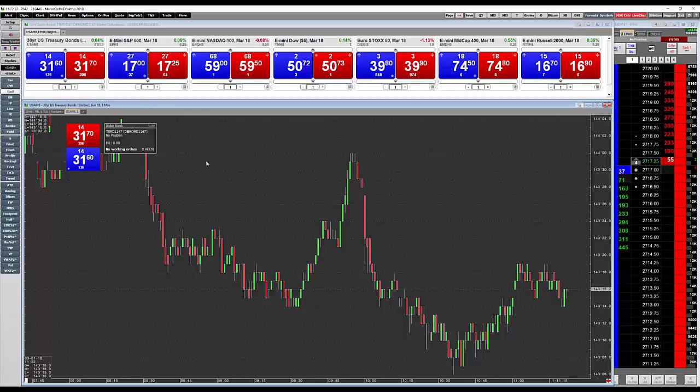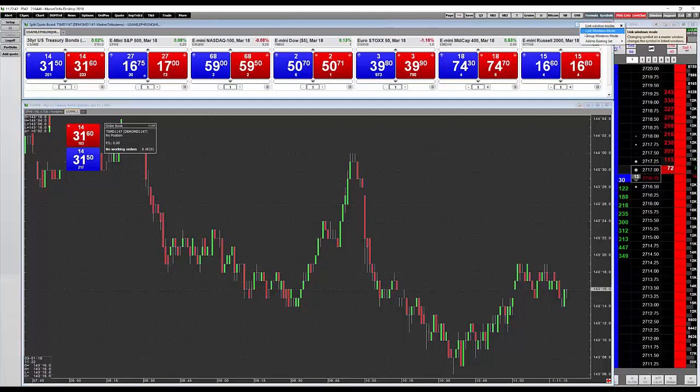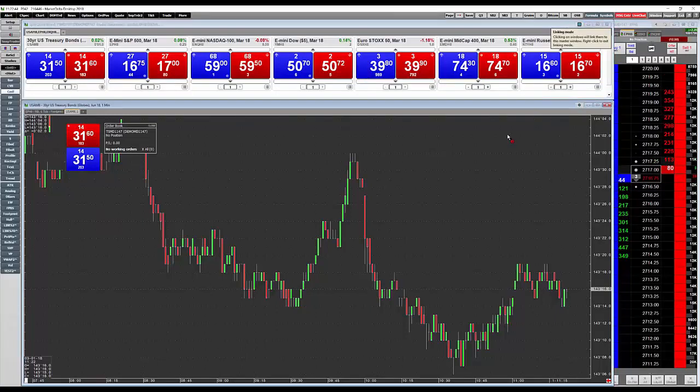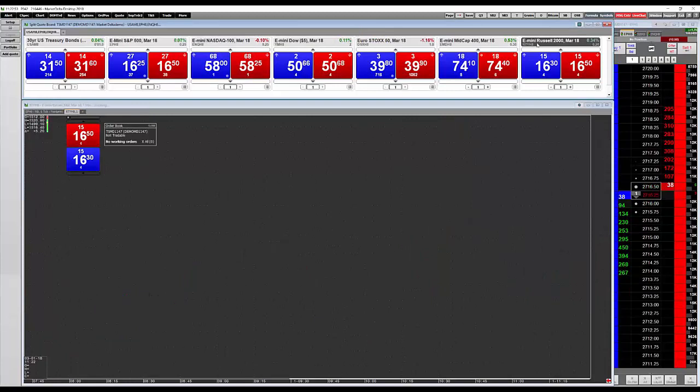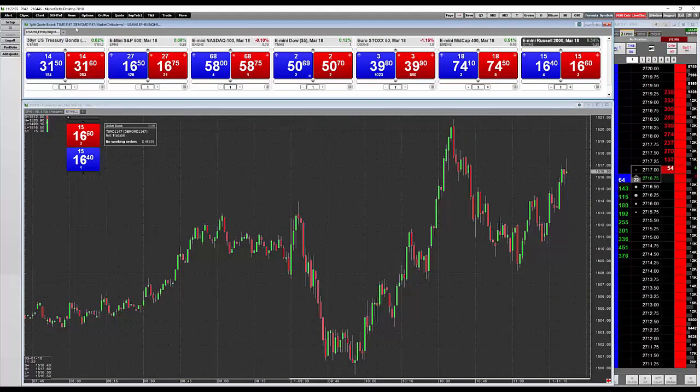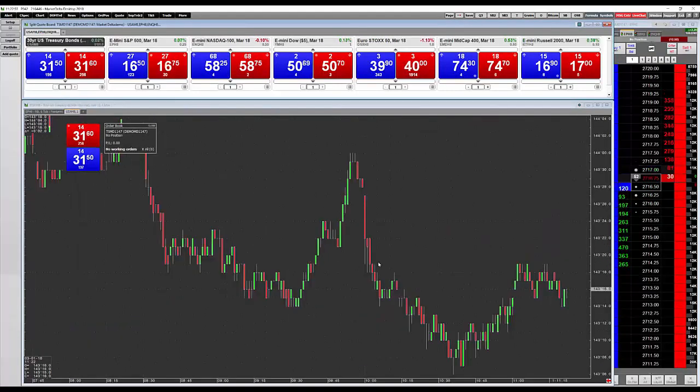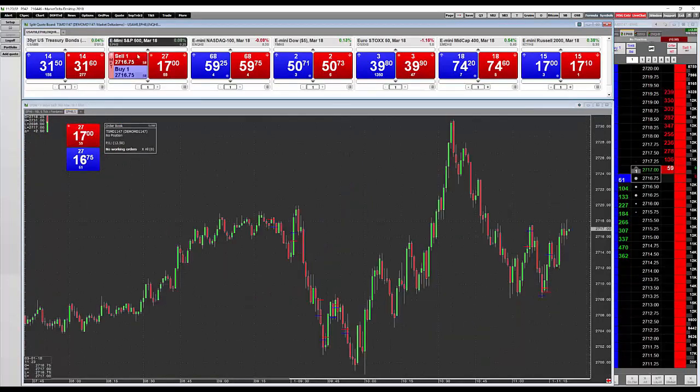So if I go down, and you can link this too. So if I maybe want to make this my master, so now this is the child. So now when I click, say, E-mini, shows me the E-mini chart. If I go down here to the Russell, shows me the Russell, the 30-year. And so now I can just flip around, say I want to sell, or let's go back to the E-mini,